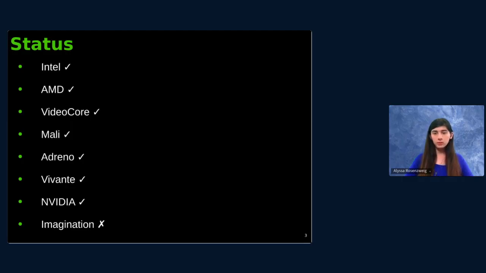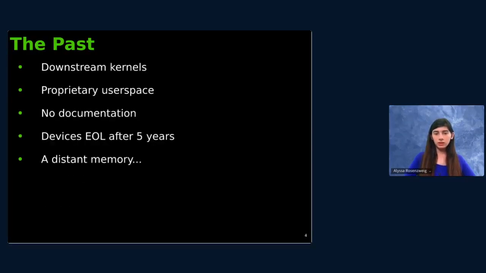Just in the past 5 to 10 years, we've seen a number of these efforts be born out of nothing. The picture is looking a lot nicer. Unfortunately, if you zoom in, some of the details are not quite as lovely as they appear.